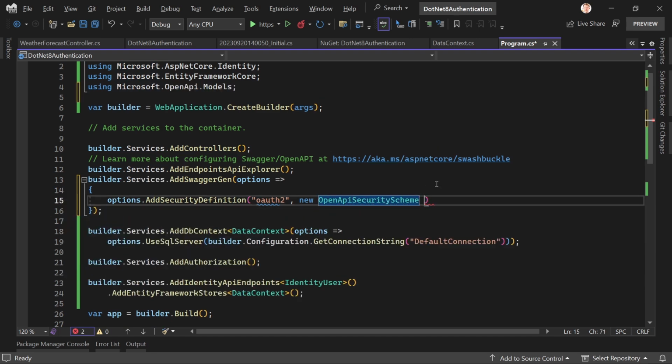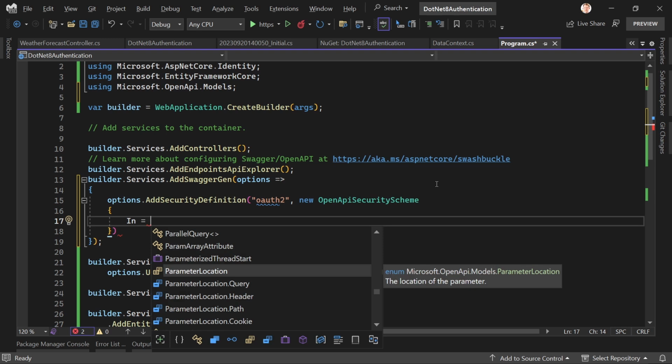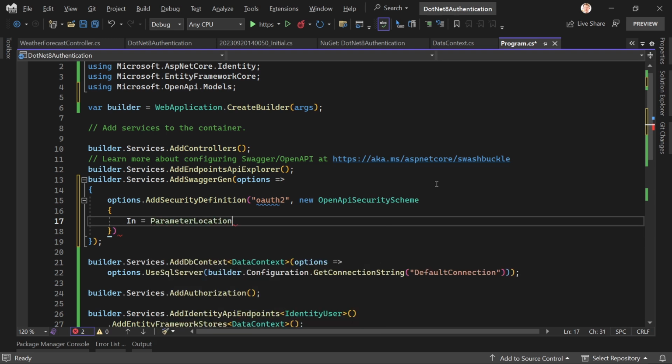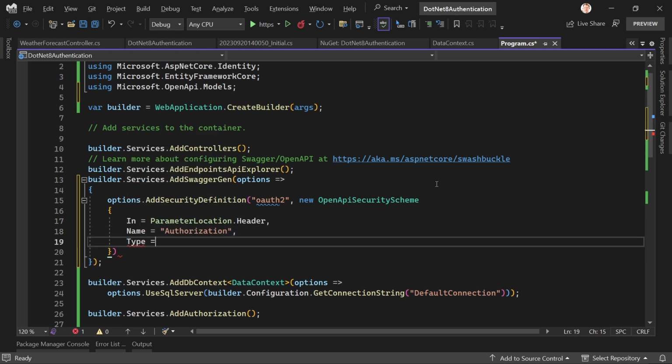And here now we can specify some things, meaning we can set the authorization header. So here now we say parameter location is the header. Then the name of the header is again authorization. Then we set the type, which is security